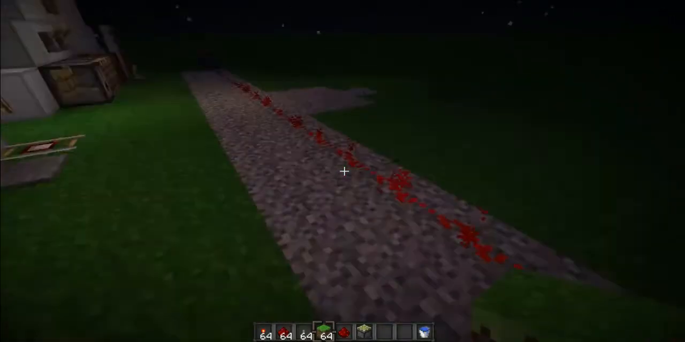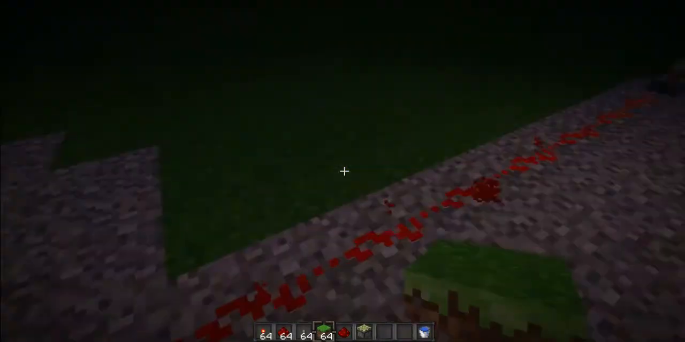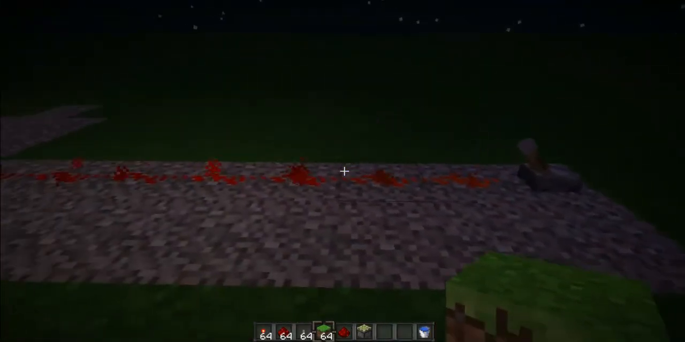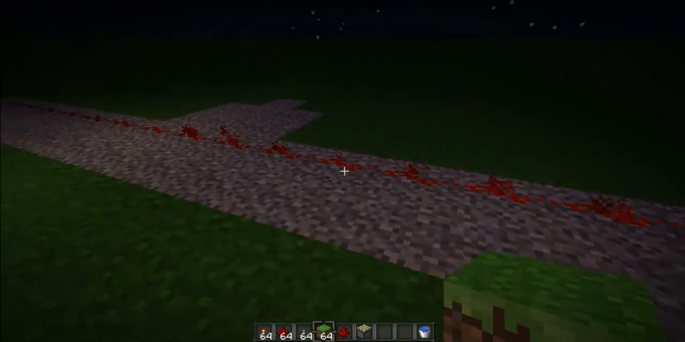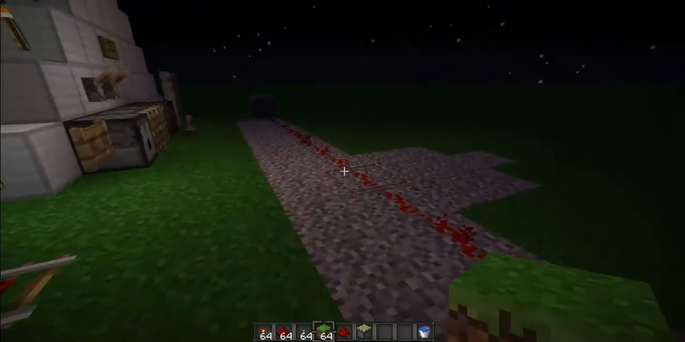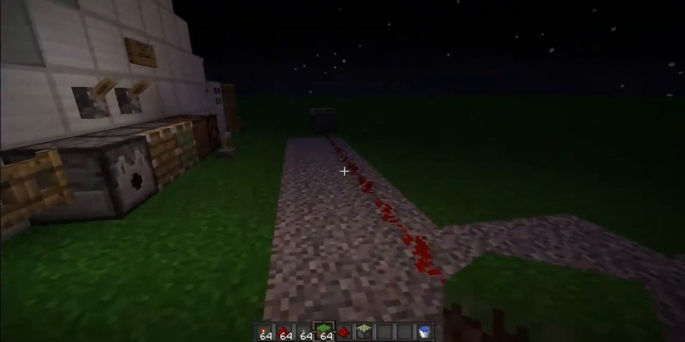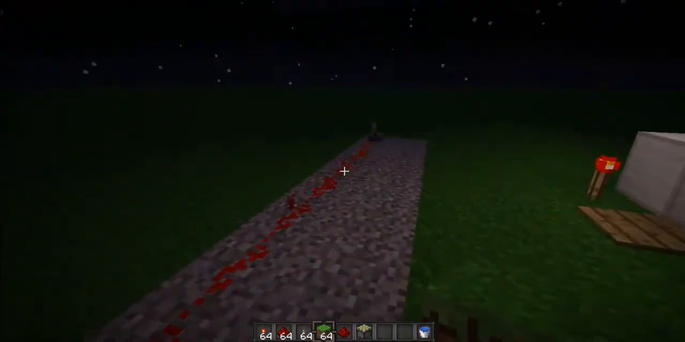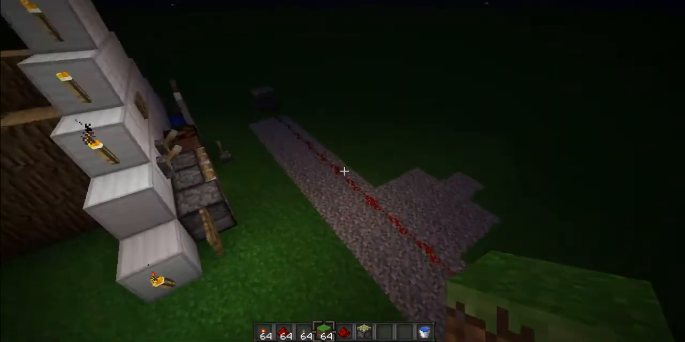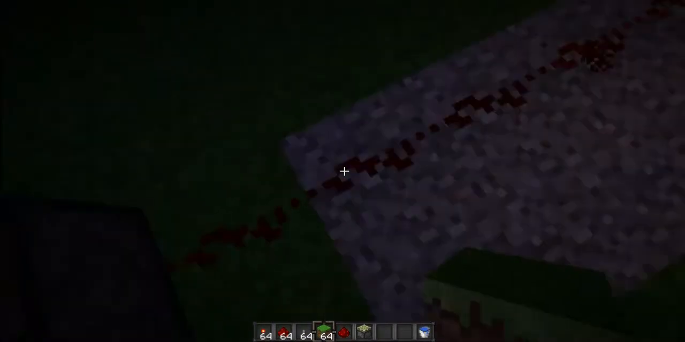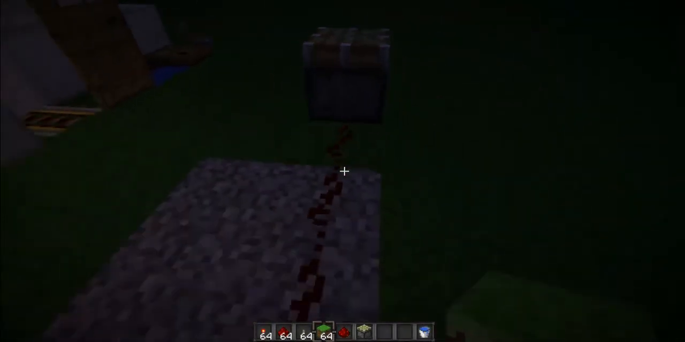And now if I switch on the lever, it's not gonna be powering that because redstone only goes for about 15 blocks. I am not accurate, let me just count it. 1, 2, 3, 4, 5, 6, 7, 8, 9, 10, 11, 12, 13, 14, 15. Yeah, it only goes for about 15 blocks, then it stops. So if you want this redstone to keep going further, you have to